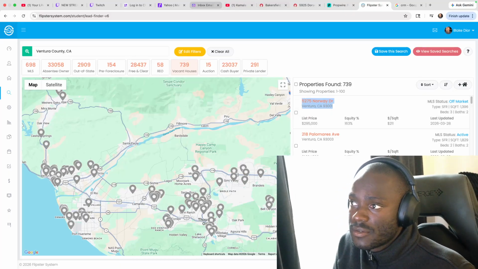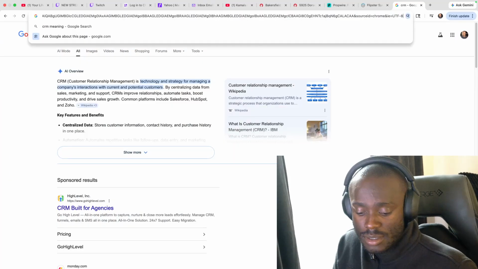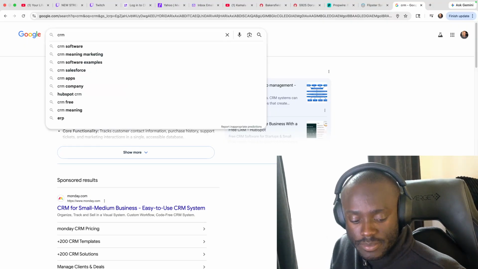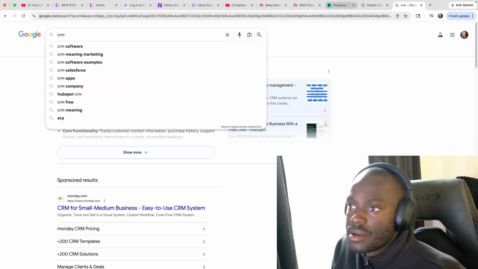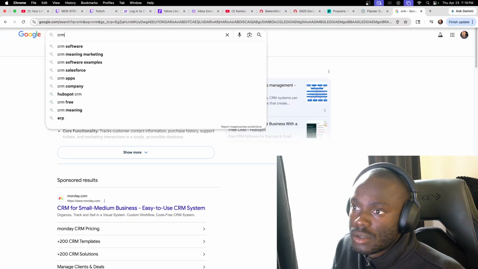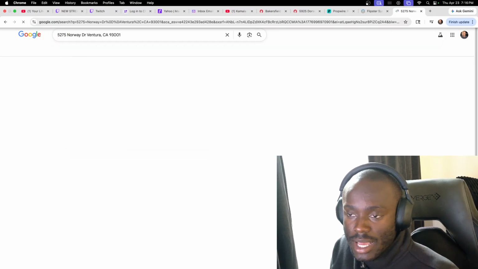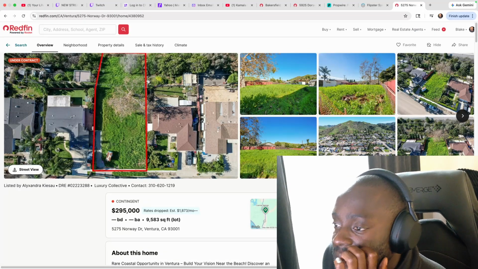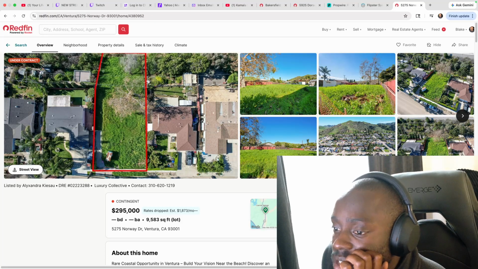So let's see if this thing is accurate. What I'm gonna do is search up this address and see what pops up on Redfin. It's land. So this is land that someone is buying.